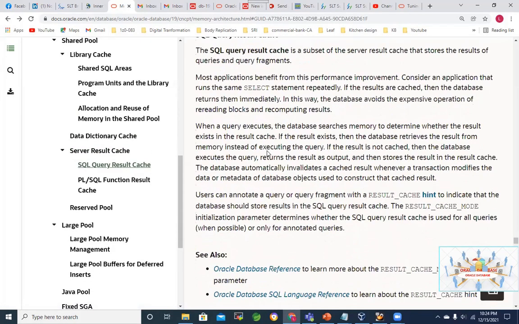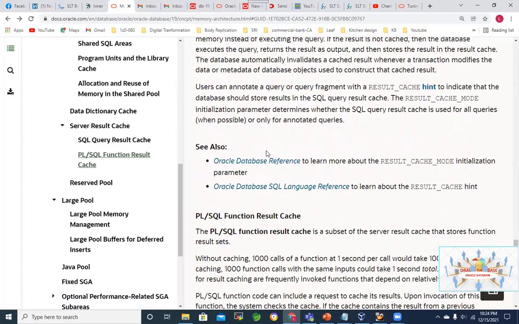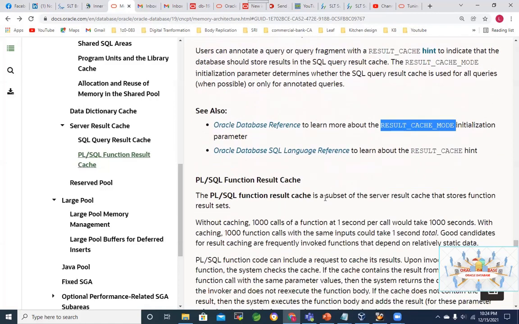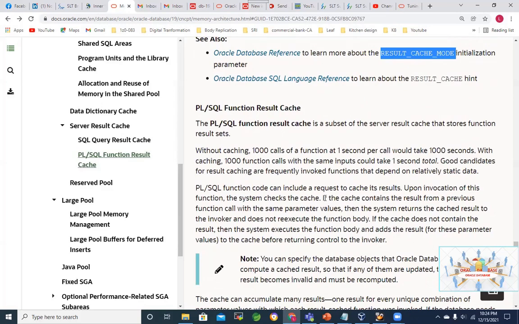That is clear. This is about the SQL result cache, and we have these parameters which will be discussed later, because there is the size of the result cache, max result cache, and a default size for the result cache. So we will discuss those parameters later in tuning. Result cache mode, yes. These parameters we'll discuss later with tuning, because by default the caching is enabled with 12c onwards. It is enabled for the result cache or the PL/SQL function result cache.